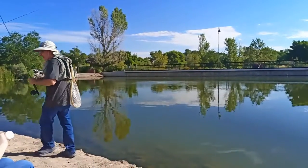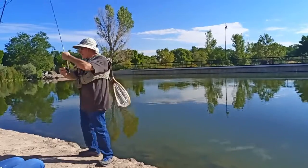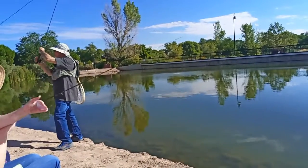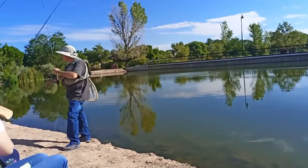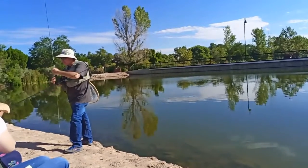So find the end of your line, start pulling it out. Okay. Oh, by the way, your reel has a brake on the side. You don't want that thing to free spin, so tighten that up a little bit so that it takes a little bit of energy to pull the line out, because